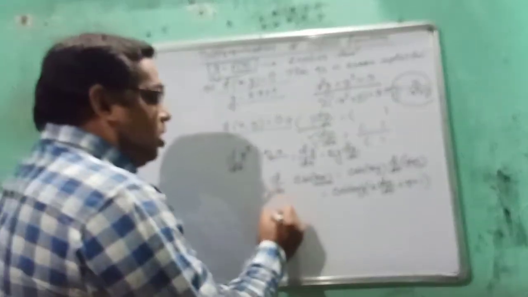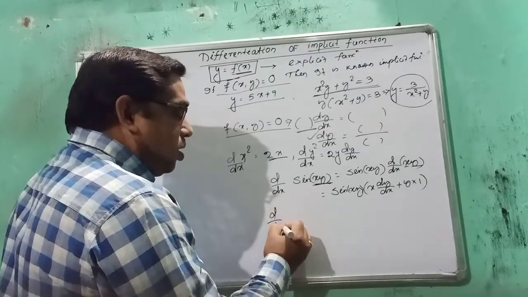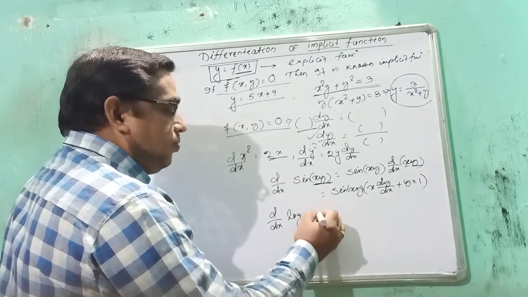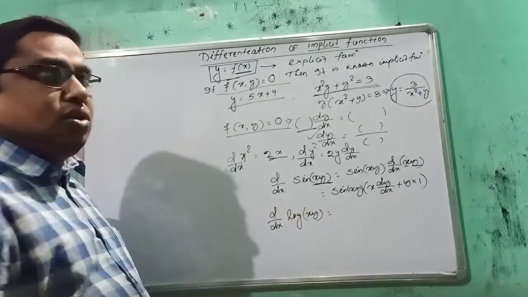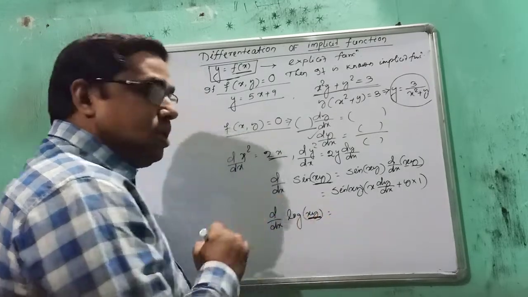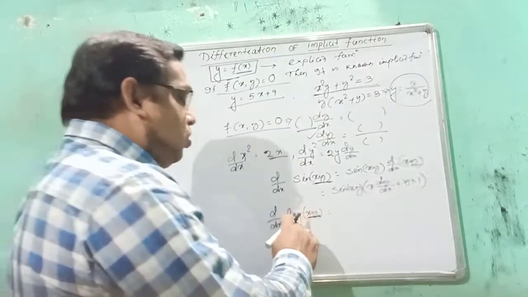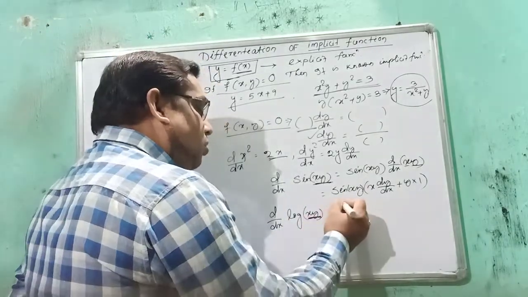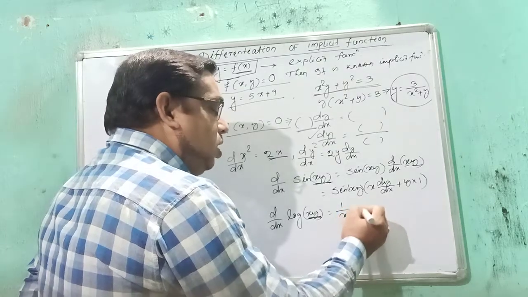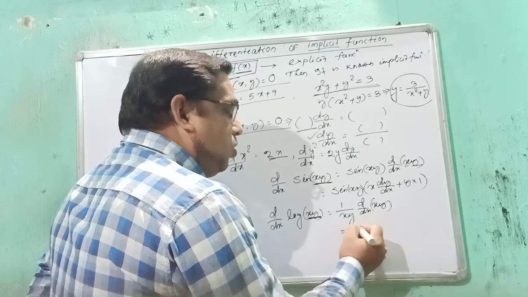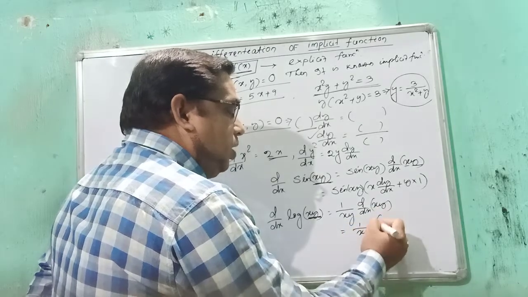If you have to find the derivative of log xy, what is the derivative of log xy? Here you have to apply the chain rule. Then xy is taken as u. Then it is log u. The derivative of log u is 1 by xy into the derivative of xy, which is equal to 1 by xy, and for the derivative